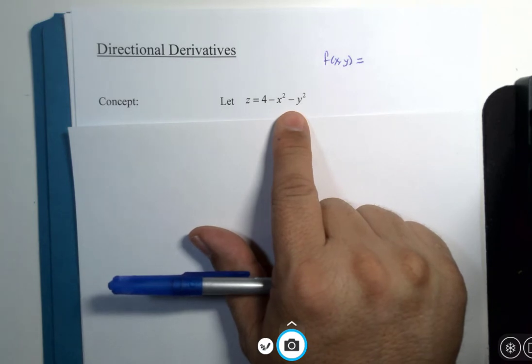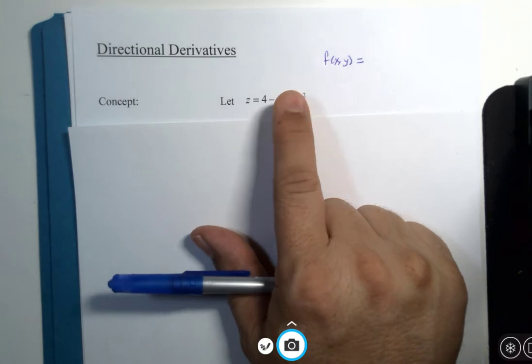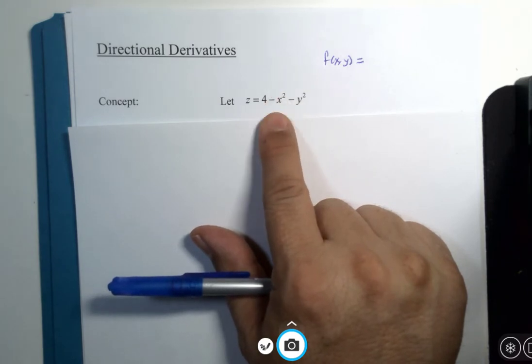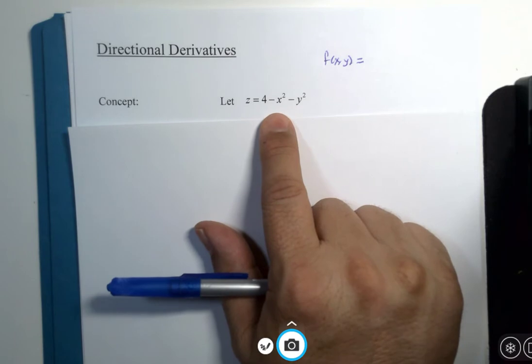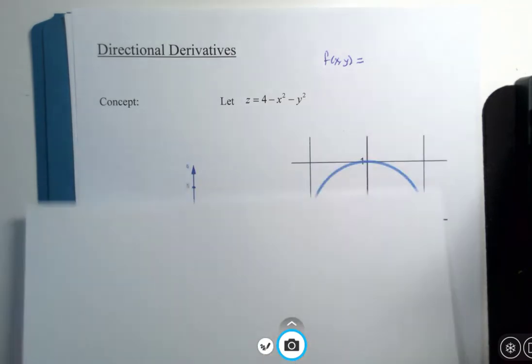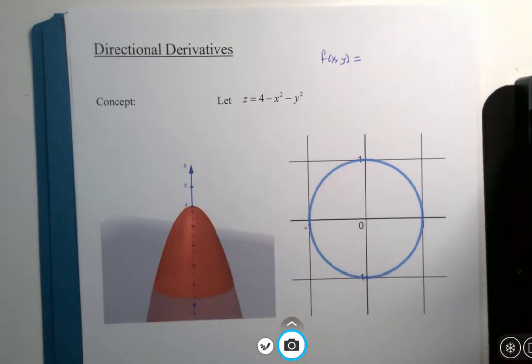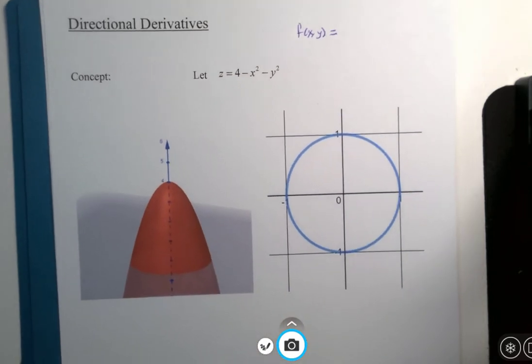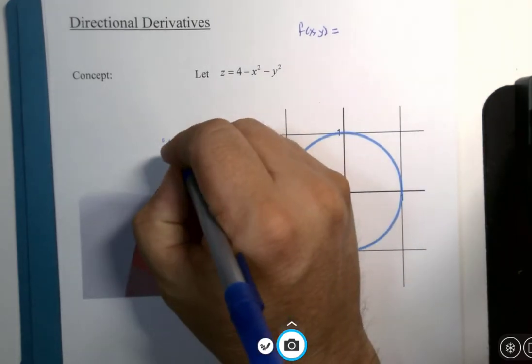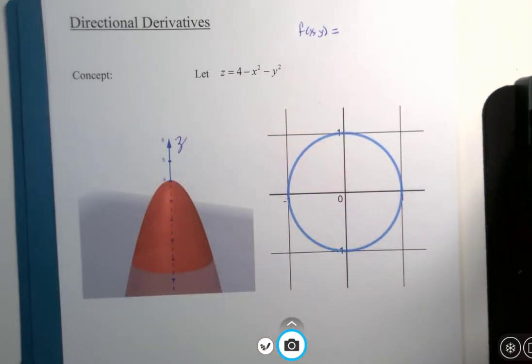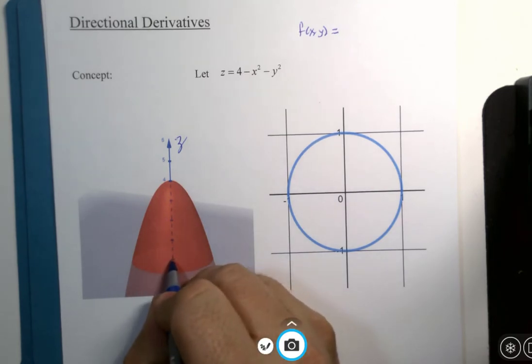Okay, so I'm going to slide my cover off, and you're going to see two pictures, but the one that you're concerned about first is this picture. I'll tell you about the other one shortly. Right, so z equals 4 minus x squared minus y squared, and I didn't put it on there, but the origin is here,